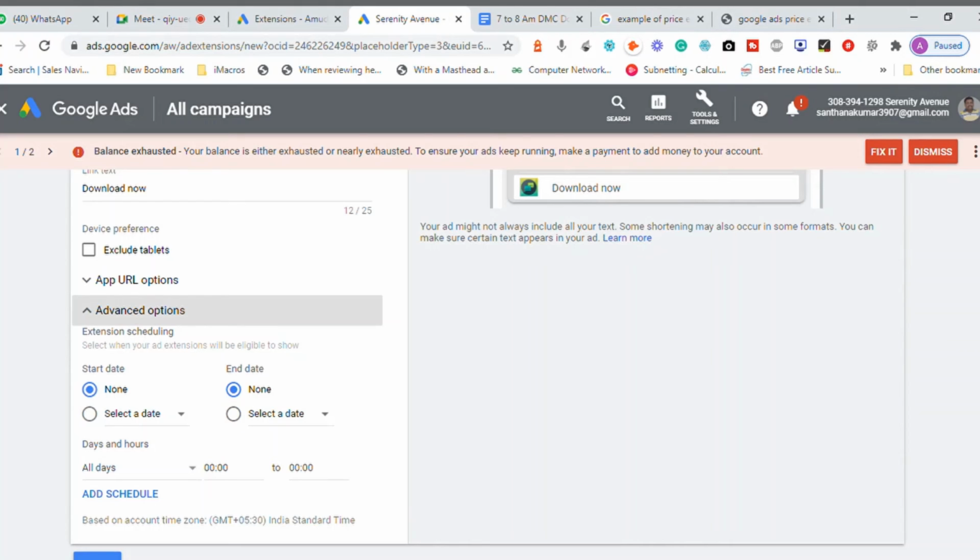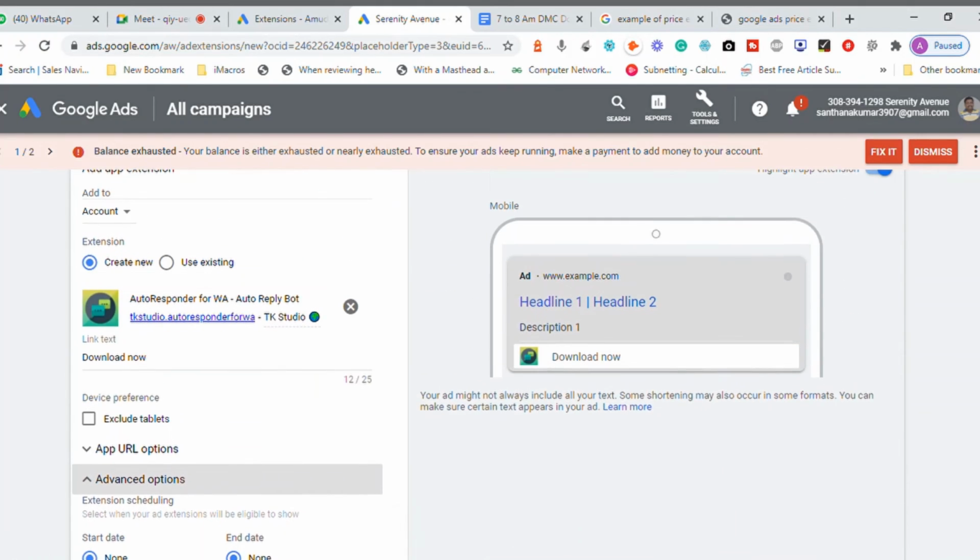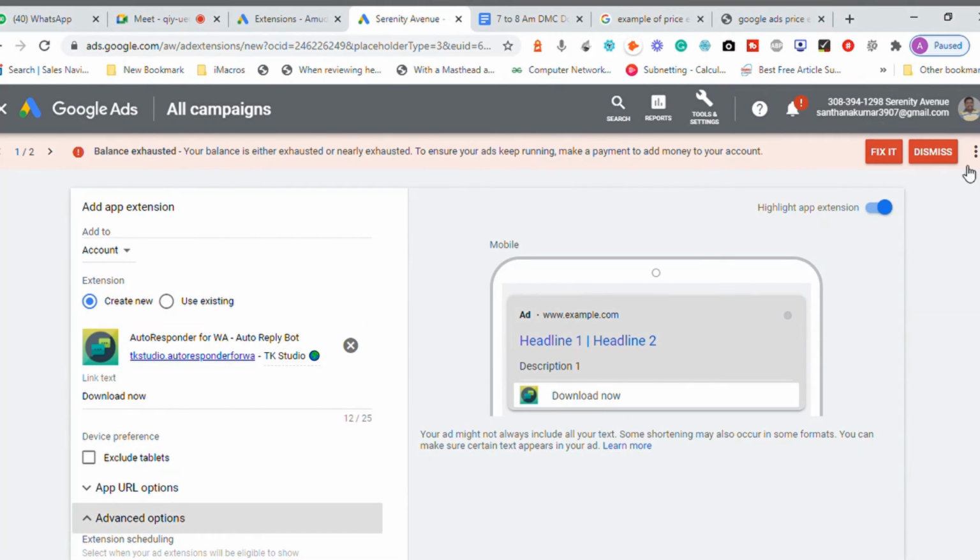How do people take it as an advantage? Let me say I'm running an advertisement for a shop and I receive inquiries only while my shop is open. If my shop is open from 9 o'clock in the morning to 10 o'clock at night, I make sure that I receive advertisement calls only from morning 9 to evening 10. That's it. That will make my day very productive. So this is basically about the app installation.